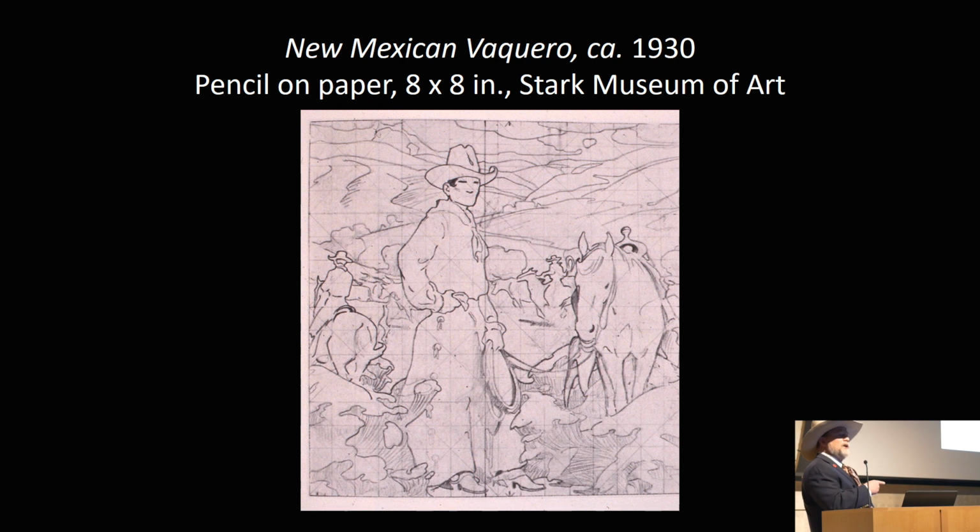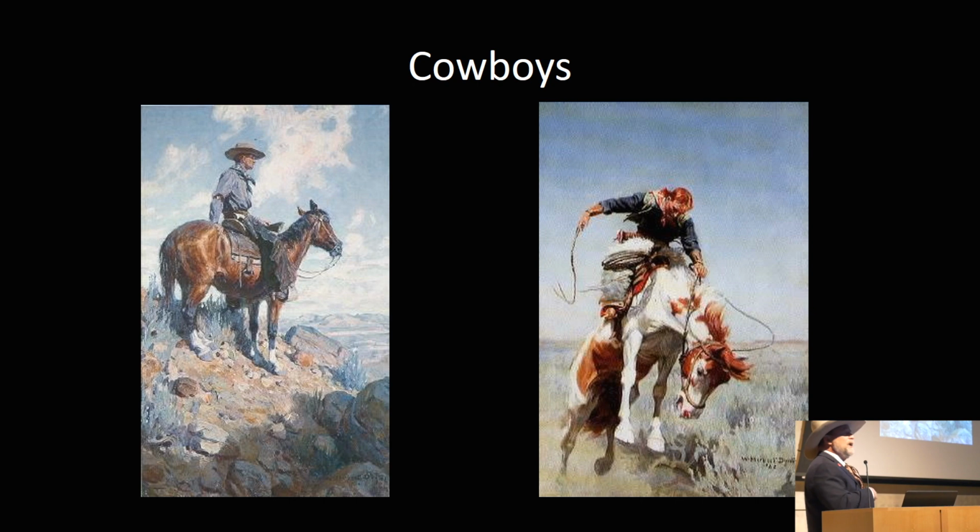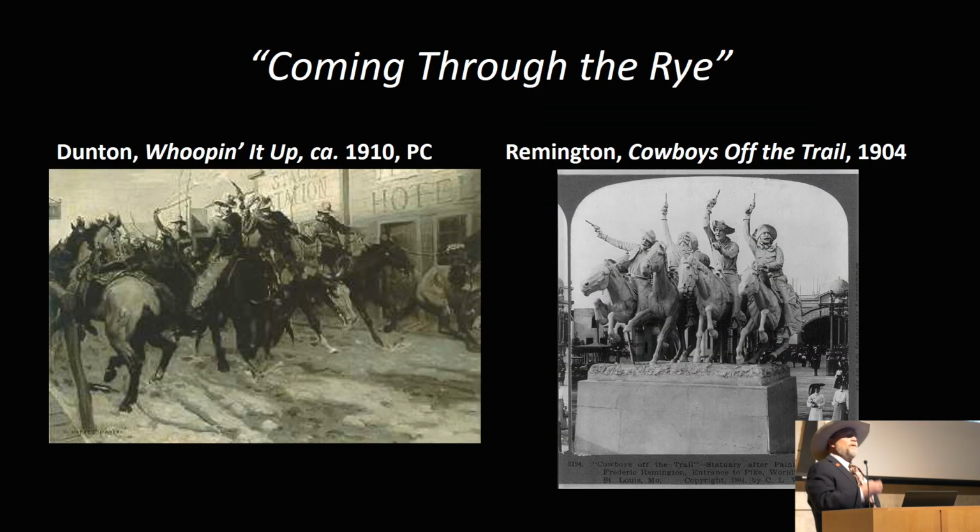And this is a working sketch for a painting that he never completed. It's 8 by 8. Imagine had he finished it, and you'll see what it could have become with the images I'm fixing to show you. So, yes, of course, he painted cowboys, bronc busters, as you can see, scouts on a trail herd, as you can see here. But he was also very much a victim of the Wild West mythology that cowboys, every time